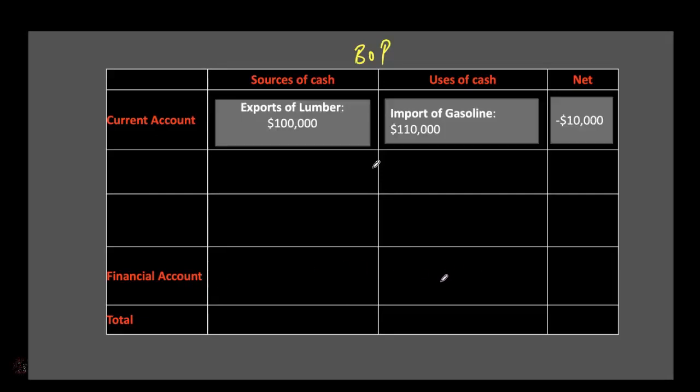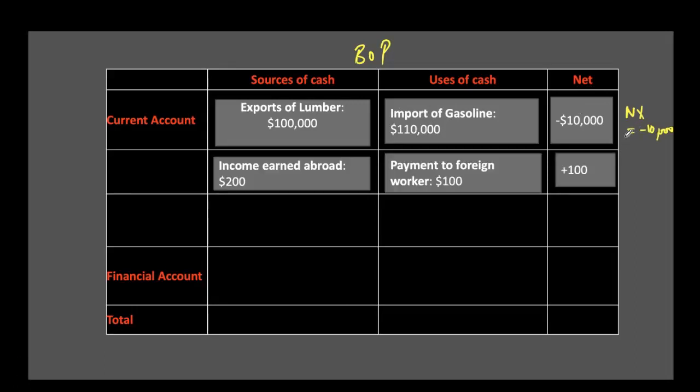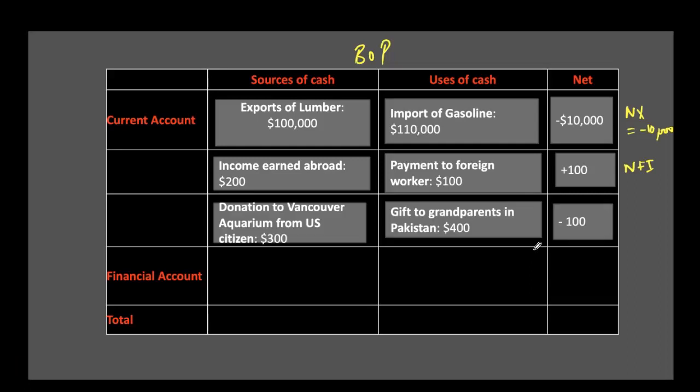So I'll start with my merchandise trade balance. I have exports and imports. The net balance over here is negative $10,000. We know this is a trade deficit. Next, we'll put in our factor income, and in net, we have net factor income from abroad of positive $100. Third, we had our transfer payments. Transfer payments, remember, are not against any production of goods or services. In this case, the net transfer payments are $100. So it's a deficit over here. My total current account is all of these three summed together. So in this example, the current account is in a deficit of $10,000.